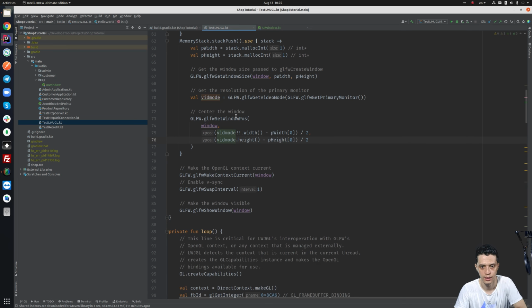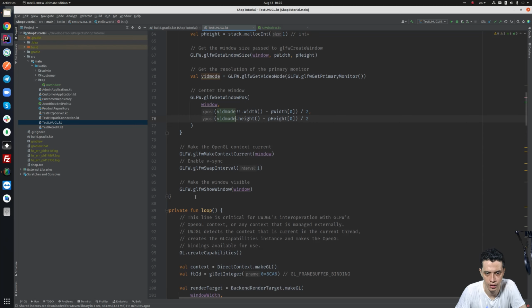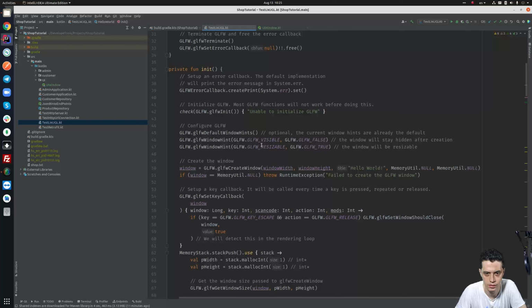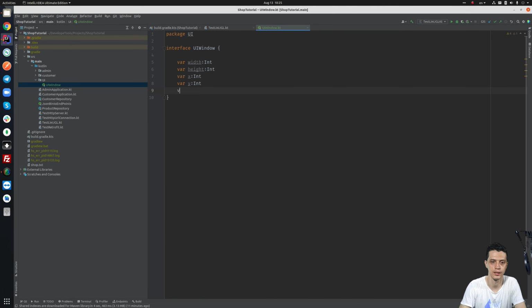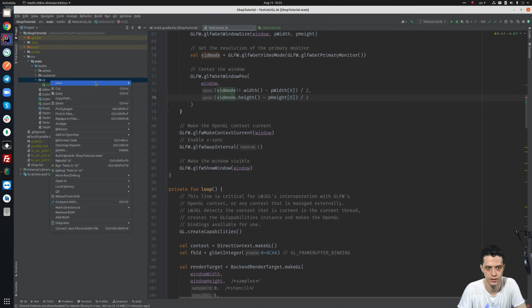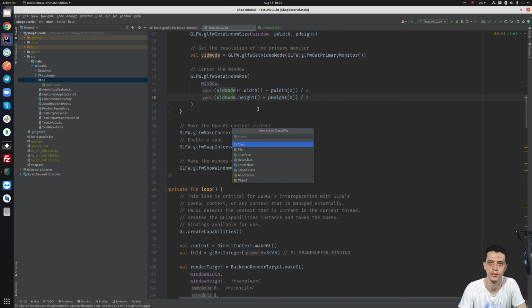Okay. Then we have this visibility. Yes, we can specify that we want to set the visibility to visible. Let's make it visible, which is Boolean. And also let's implement this class, this UI window,